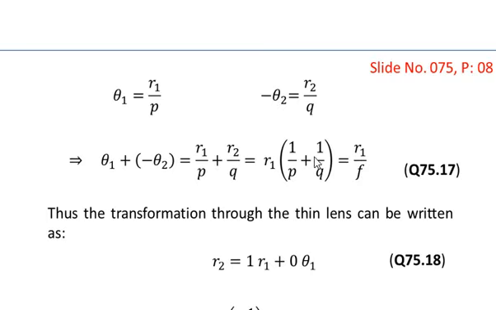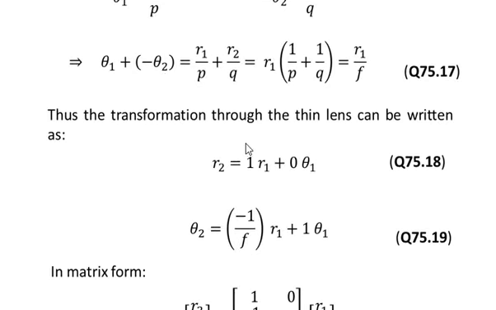This 1 over p plus 1 over q is nothing but equal to 1 over f, where f is the focal length of the thin lens. And this is what we have represented on the rightmost side of equation number 17, that theta 1 plus minus theta 2 is equal to r1 over f, as shown in equation number 17. Thus the transformation through the thin lens can be written as